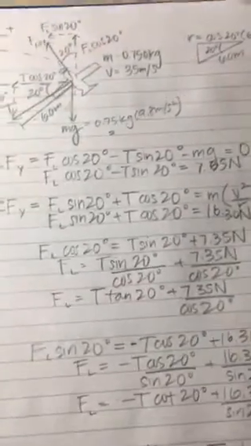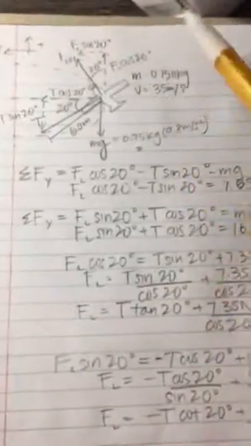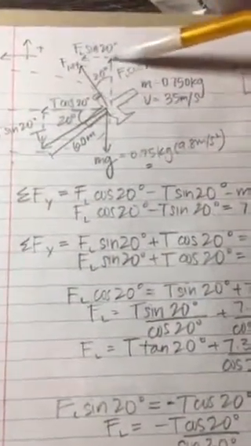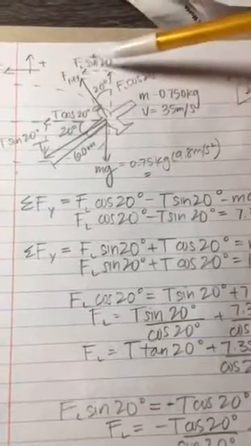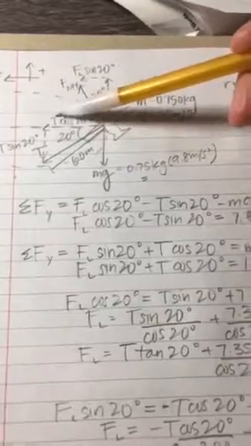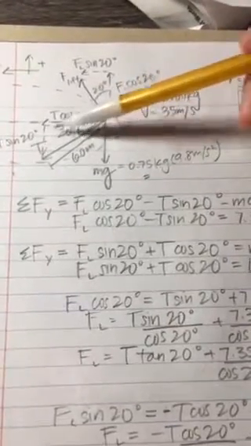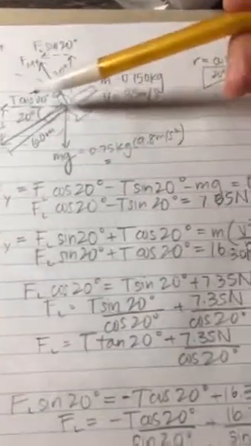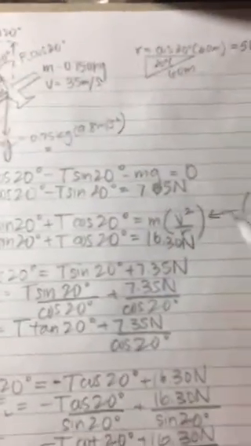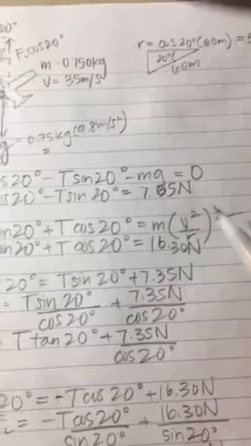And so we're going to have to do systems of equations. So now forces in the x direction. We have this top force, which is coming from the lift. So force of the lift sine 20, positive direction, plus this force, tension cosine 20 in the positive direction, which is from the tension, equals mass times centripetal acceleration, which we can also solve out to v squared over r